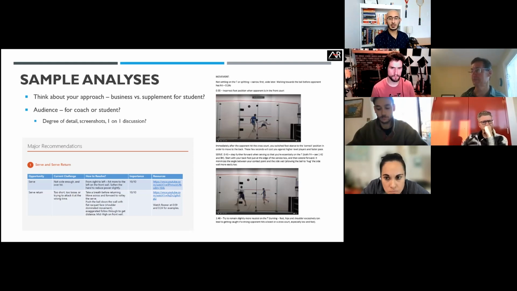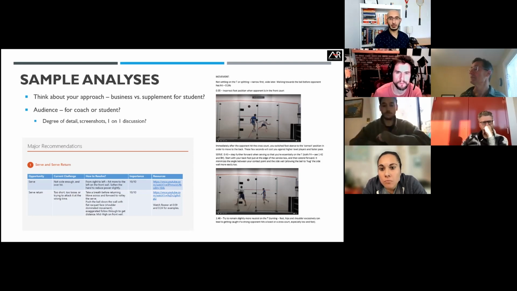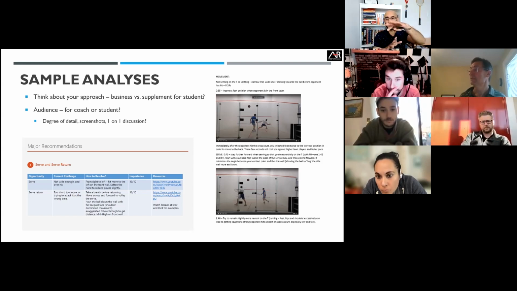And then the other approach is for someone I'm working with right now. I took screenshots of areas where I thought he had certain deficits, so I could give him something really detailed that he could internalize and learn from. In the first screenshot here, his opponent is in the front right, and his stance is awkward. He has his left foot forward in front of the right instead of left back, right forward. This way, he gets really twisted up if he has to go back for a cross or if he has to go to the back right. He never knew he did that.